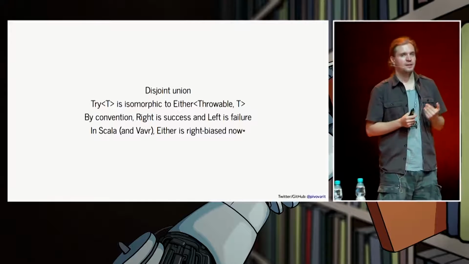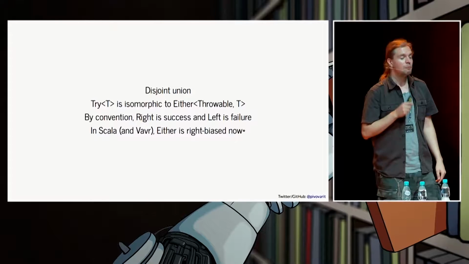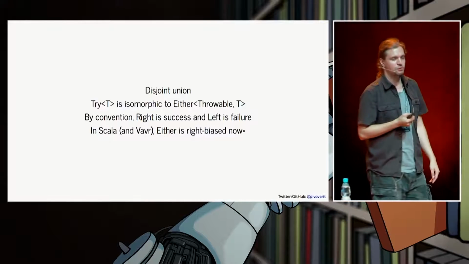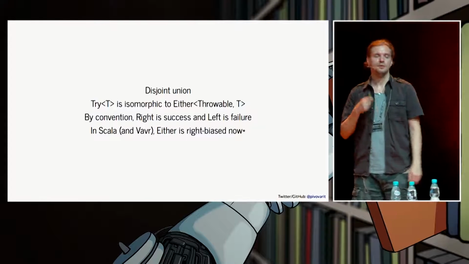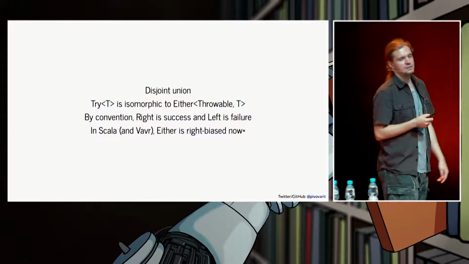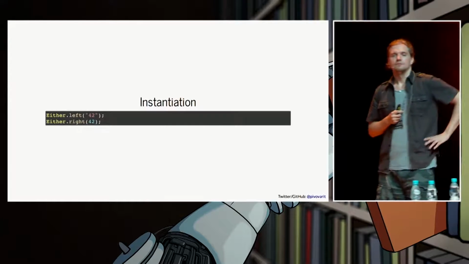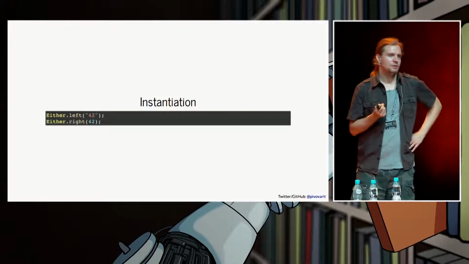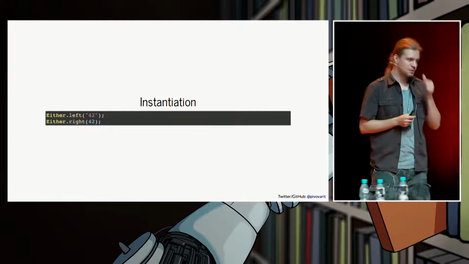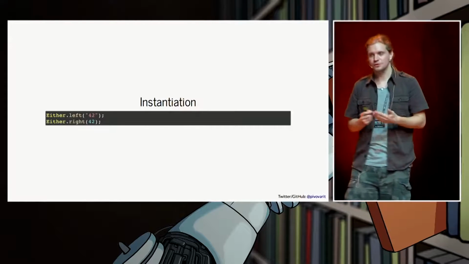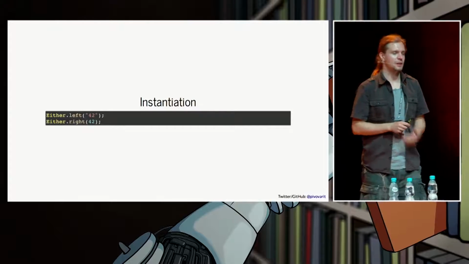So there needs to be a way to specify which side we are working on, and we'll get to that soon. But one of the common trends now is that Eithers become right biased. So don't be surprised if in some languages Either by default is right biased. Unfortunately, if you deal with Try, you will find many cool methods for dealing with exceptions. That won't be the case with Either, because again, it's very primitive. It holds just two values, and you can use that for exception handling.